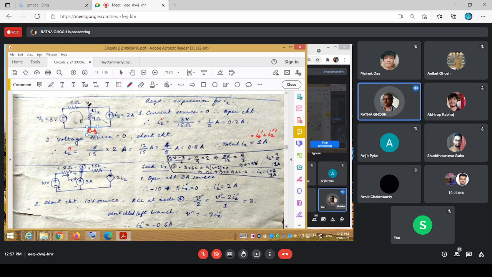So if you take the nodal equation just at this point, what do you end up with? This would be V minus 3 by 6, and this is current entering, so minus 2, plus V by 9 is equal to 0. If you rearrange it, V would be equal to 9 volts. So naturally Ix is equal to V by 9, that is equal to 1 ampere. This would be the result if you were solving it using the nodal method. If you were to solve it using the mesh,